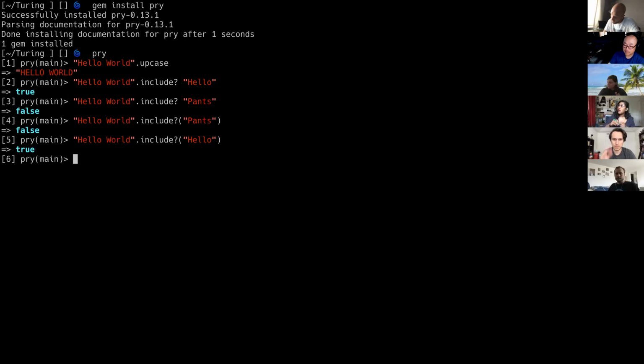Cool. So that is a method that takes one argument. Some methods take no arguments, as we saw earlier with upcase. Upcase does have optional arguments, but we don't have to send an argument in there. Include takes one. We can also use methods that take multiple arguments. For example,